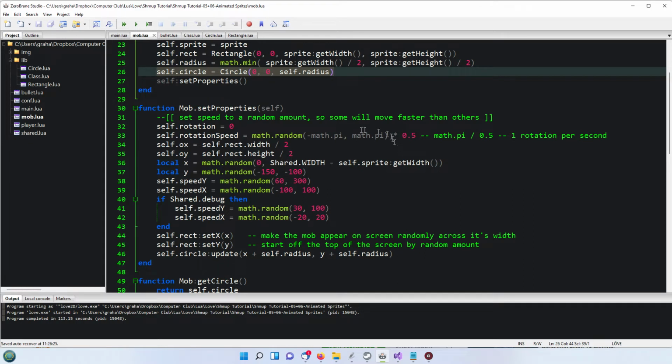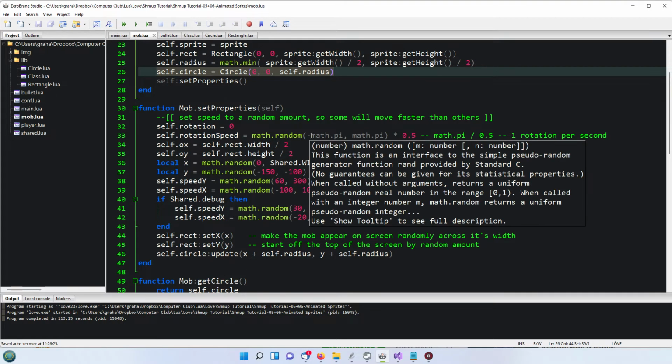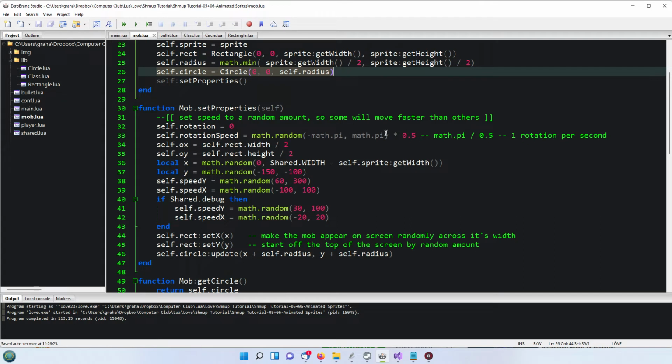I believe the Pygame one works in degrees, but we're having to take care of that by using our rotation speed as somewhere between minus pi and pi itself times a half, so that we can get a maximum of 1 rotation per second. So that 1 rotation per second would be math.pi over 0.5. So it's somewhere between obviously a smaller value than that and greater,